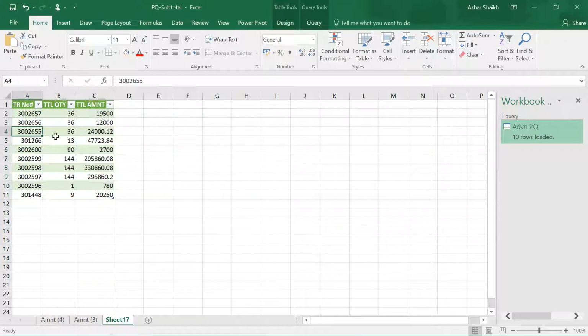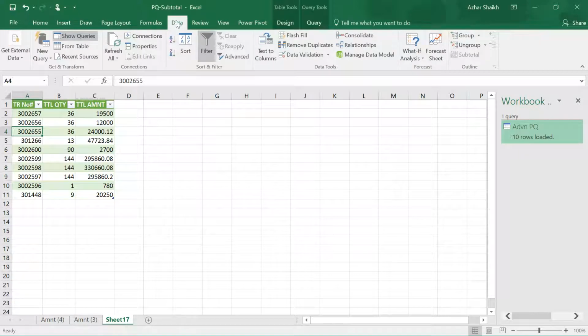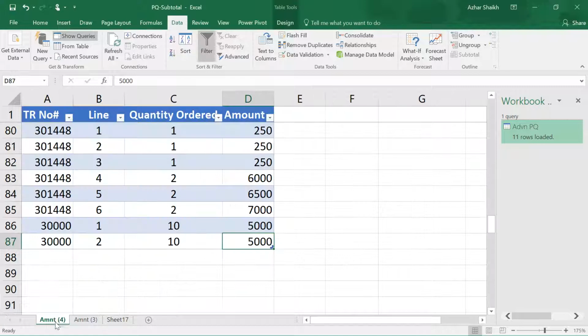I just have to go to Data again. This is our king. So every time we have Power Query and Subtotals, you have to go to Data, and here you have to use Refresh All. So you can see automatically the data is updated. This is the best part of Power Query and its upper hand over subtotals. If you're good in subtotal, that is also good. But there is one more criterion which subtotal cannot do and Power Query can do, and that is the main thing we have in Power